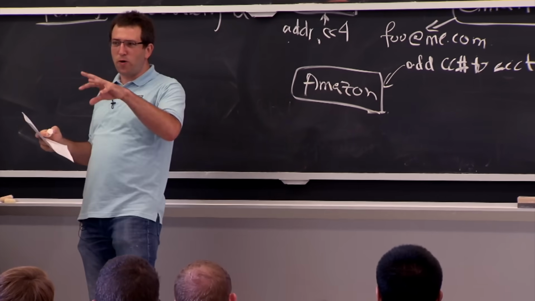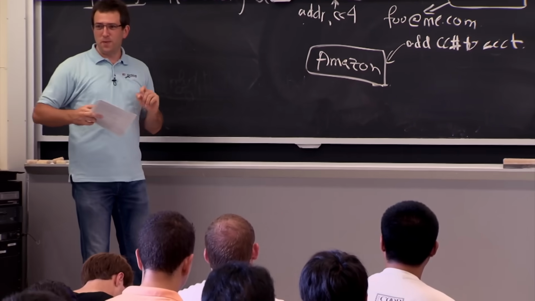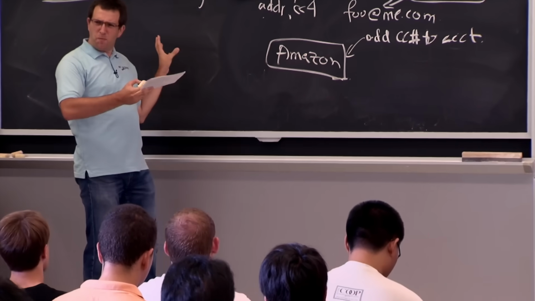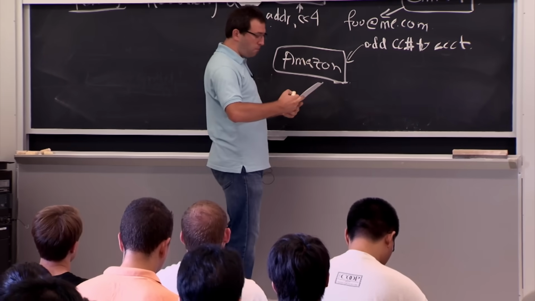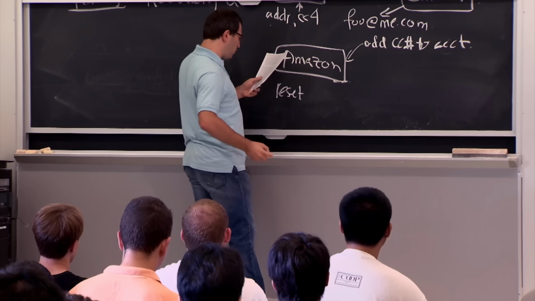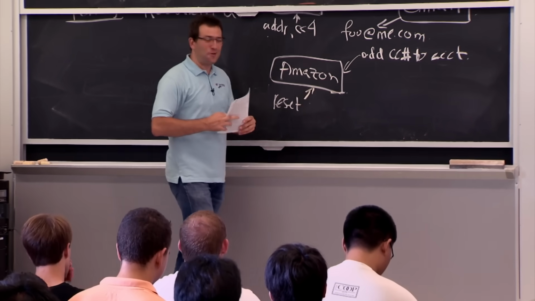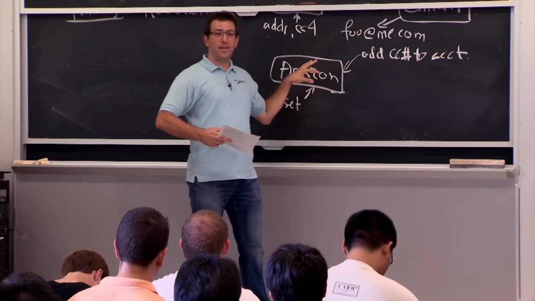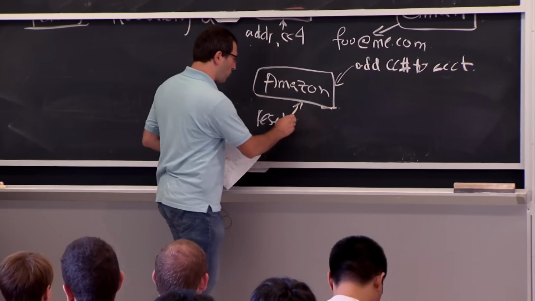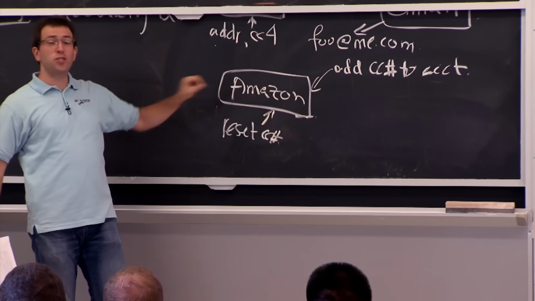So that seems not too bad, right? I'm basically ordering toothbrushes through one of your Amazon accounts, but it's not your credit card anyway. It's just my credit card number being used. So it's not clear how things go wrong yet. But Amazon had another interface. All these are complicated systems. And Amazon had an interface for password reset. In order to reset a password in Amazon, what you had to provide is just one of the user's credit card numbers. So I can order stuff and add a credit card number to your account. And then I can say, hey, I want to reset my password. This is one of my credit card numbers. And this, in fact, worked. So this is where the bad guy got a hold of this guy's Matt's Amazon account.